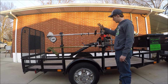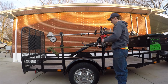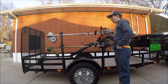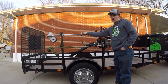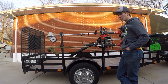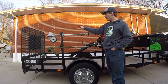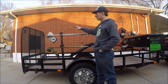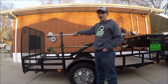So that is just the first thing with this, is it's stupid simple. So I just unlocked it again. But the other thing that I'm going to point out is if you have a split shaft trimmer like this. This is the Echo PAS 230, and this is the split shaft version, which I have a straight shaft Echo edger on it. But the one thing they tell you when you get these racks to keep these split shafts from getting stolen